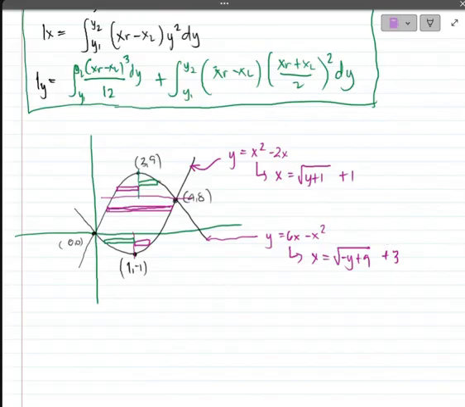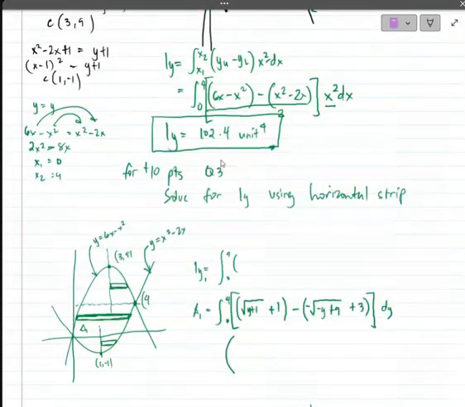So in forming your equations here, we have 5 horizontal strips. This portion, its right end is touching the right part of your parabola. So you will be using the positive square root of y plus 1, plus 1. Then this portion, its left tip is touching the left side of the other parabola. So therefore, you will be using the negative square root of negative y plus 9, plus 3. We will solve them one by one, and let's see what answer we come up with.